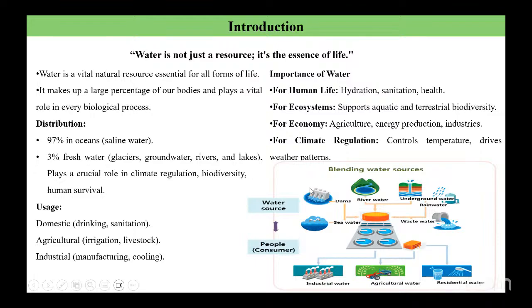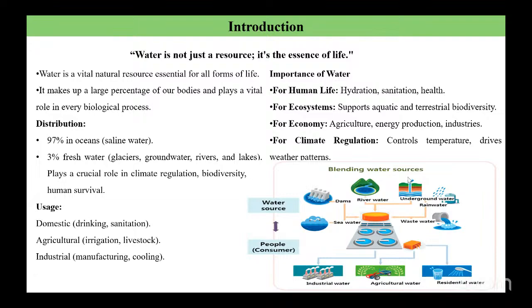This is the major water source, where the amount of water is distributed through the dams, and these are the other sources: the river water, the underground water, the rainwater. Everywhere it is getting stored, and then it is getting treated, and it is going to the people for consumer needs, and also for the different sectors, as we already discussed about the industrial sector, the agricultural sector, and also for domestic purposes. So there are different sources of water, and ultimately they serve consumer needs and the different sectors.